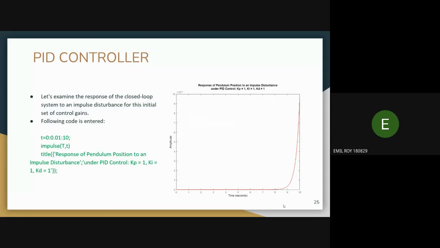Next. Like this. That means if Kp equal to 1, Kd equal to 1, Ki equal to 1, the response is like this. Our requirement is that the pendulum should come into the position within the 5 seconds and should not vary beyond. When we look into the response here, the pendulum is not coming within the 5 seconds, and the 0.05 radian condition is not met. So here we increase, first of all, Kp. Proportional gain is increased to 100.